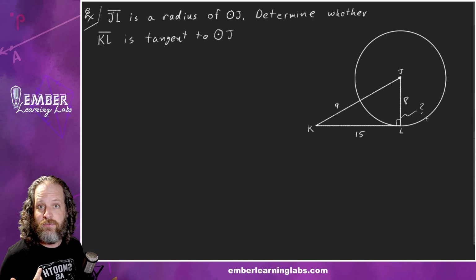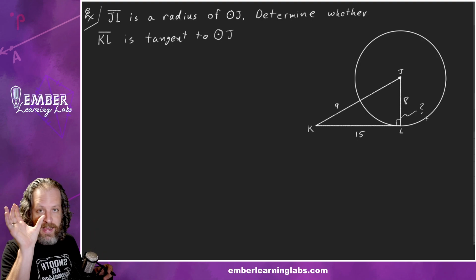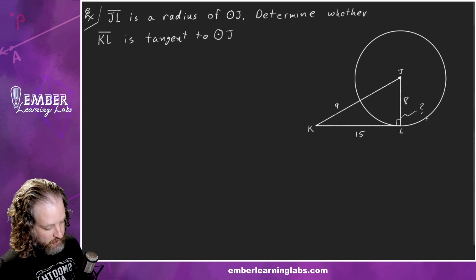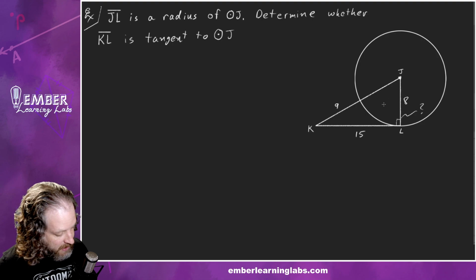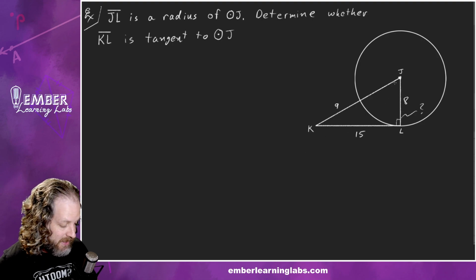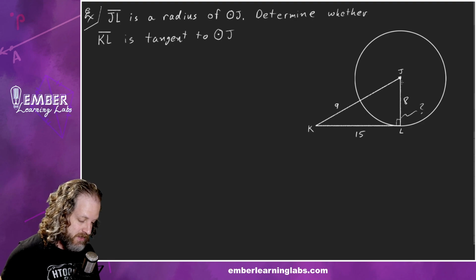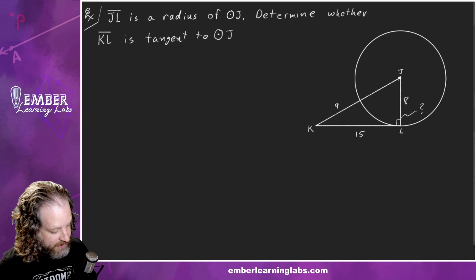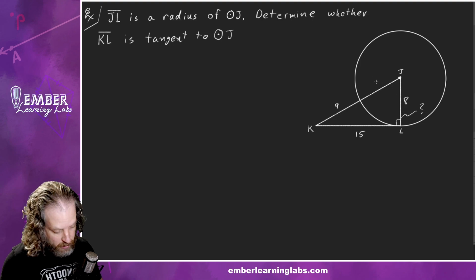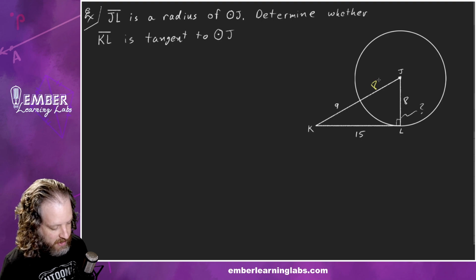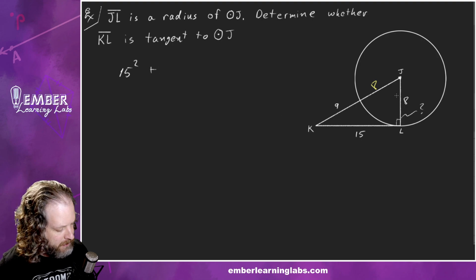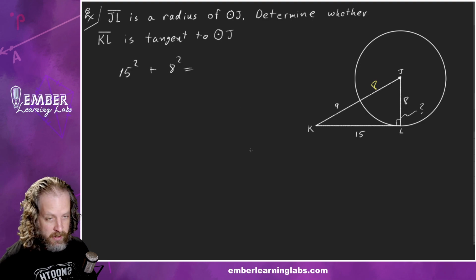Well, we learned that if we use the Pythagorean theorem and a squared plus b squared does in fact equal c squared, then it's a 90-degree angle. So that's what we're going to do. This is A and this is B. C, though, we need to figure out. It says that JL is a radius, which means that J is the center. So that means that JL and J whatever, we don't know, is also 8. So we can write the formula a squared, or 15 squared, plus b squared, or 8 squared, equals